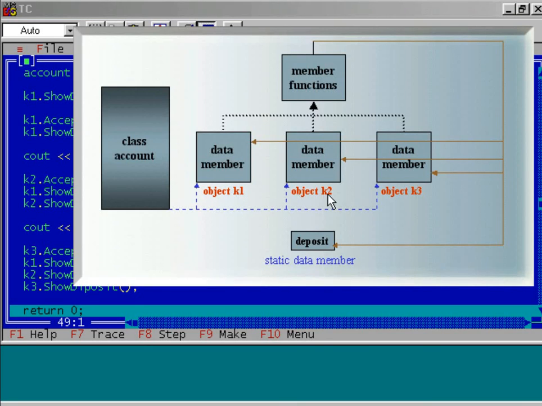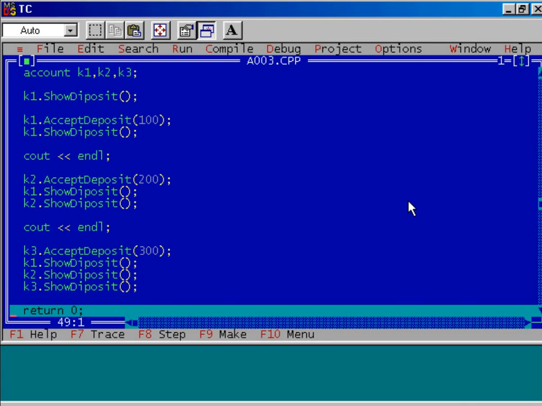Whether using K1 or K2 or K3, if you access the show deposit member function, it will display the content of the same data member, and that is why 300 is displayed. So this means the deposit data member is shared by all the three objects K1, K2 and K3. Is it clear to you? Understood this program?